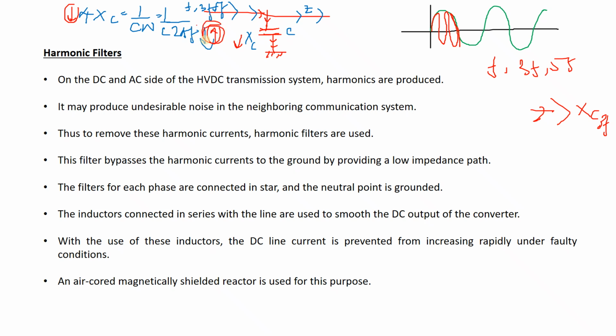If the third order harmonic is bypassed, then obviously for the fifth order the frequency is even higher, so the line impedance will be much greater than the reactance for the fifth order harmonic, because if the frequency is very high, then the reactance will be very low. The capacitor will be seen as having less reactance, so the current will pass through the capacitor and avoid the transmission line. So only the fundamental frequency f is traveling through the transmission line.